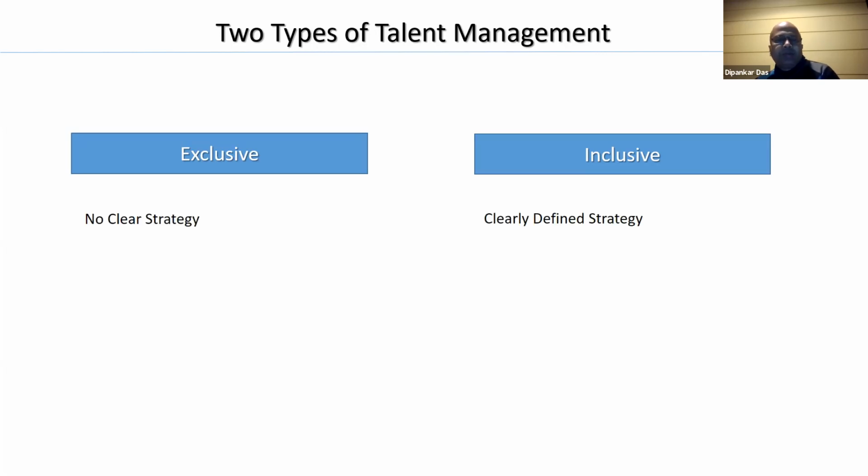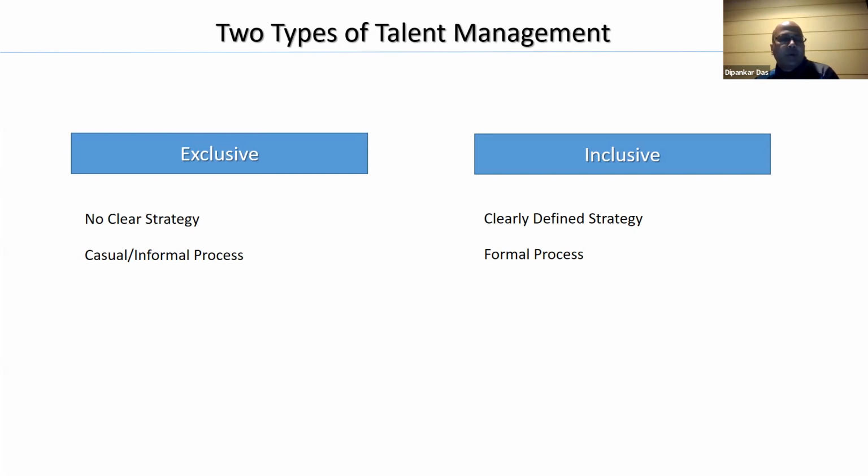So in exclusive, you have no particular strategy, while in inclusive, it's a clearly defined strategy. In exclusive, it's a casual or an informal process that yes, these are some key positions. We need to ensure that they are filled up quickly if there is a vacancy in any one of those. While in a more inclusive and a holistic TM